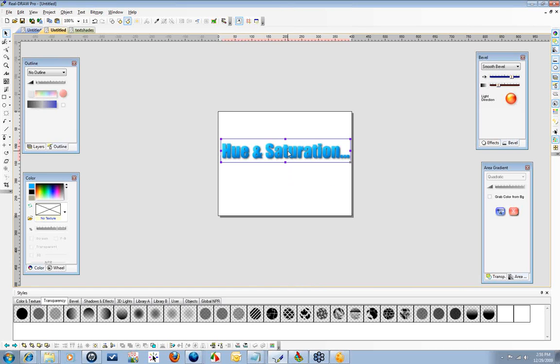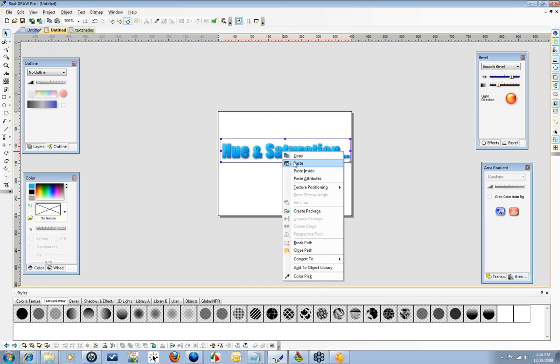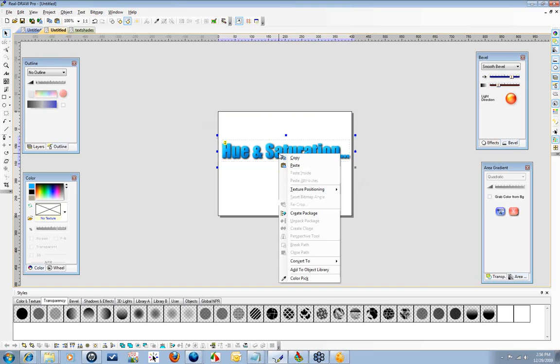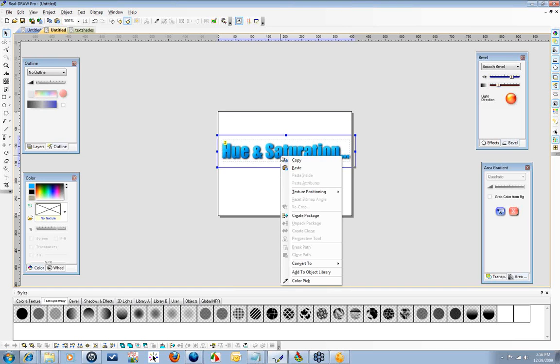That's nicer looking. Okay, so we want to copy that. So just do a copy, paste. That actually looks much better just with both of them. So let's just do a paste. And then we want to do a copy, paste,